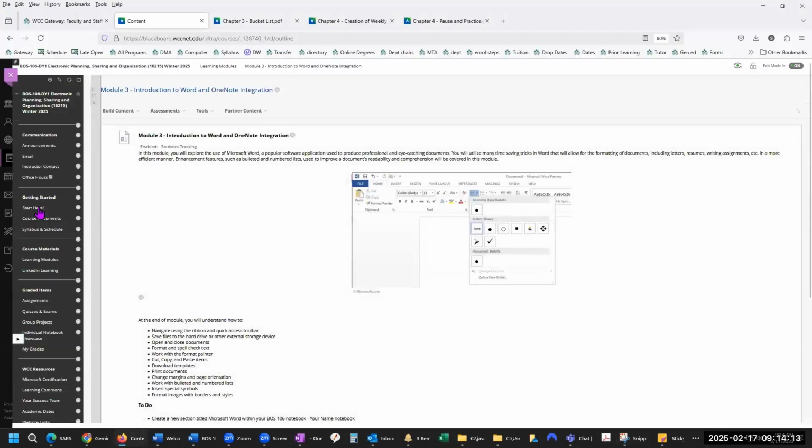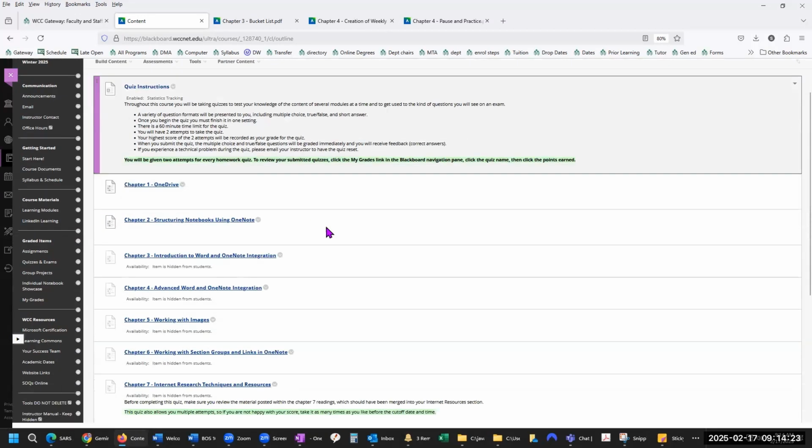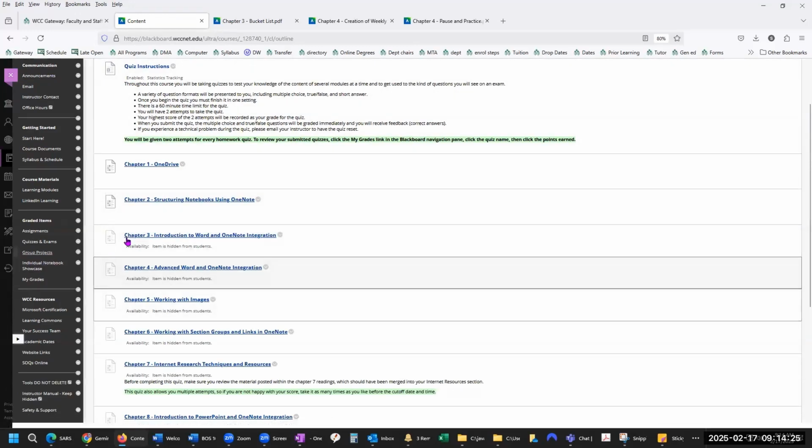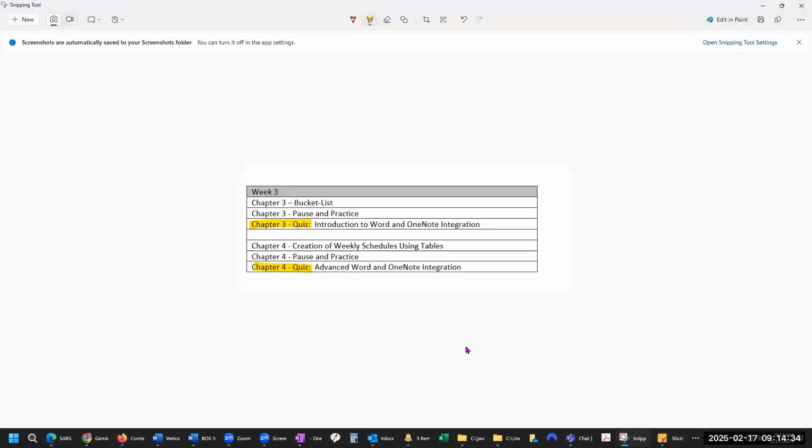Remember, the way you get to them is go into the graded items category, go into quizzes, and they're not available just yet, but 3 and 4 will be available at the start of the week. All right. You could do this anytime you want, whenever you feel comfortable. Most students do it at the end of the week.